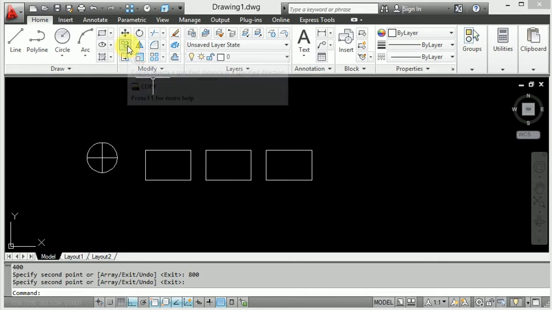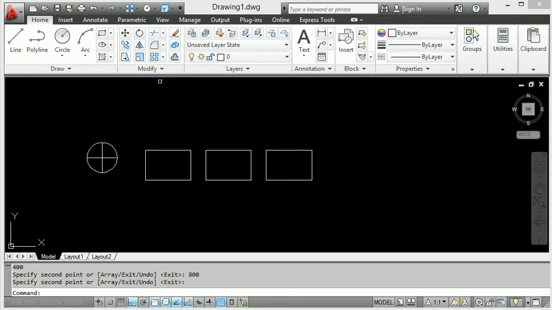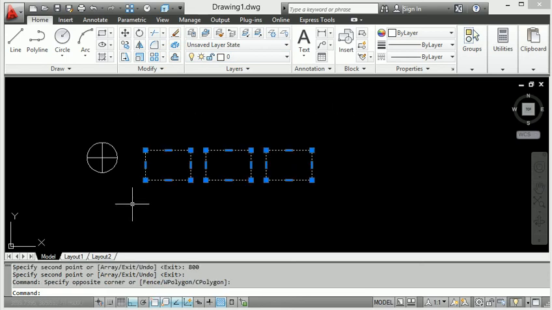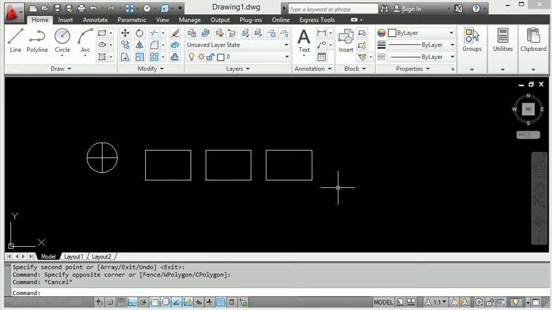So this one is used directly from the copy command, and now the copy command shortcut key. First of all I select this whole rectangle, and then press CO enter, this is the AutoCAD copy command, CO enter.